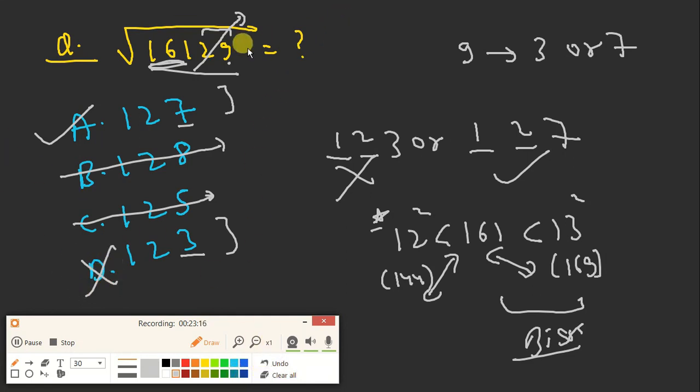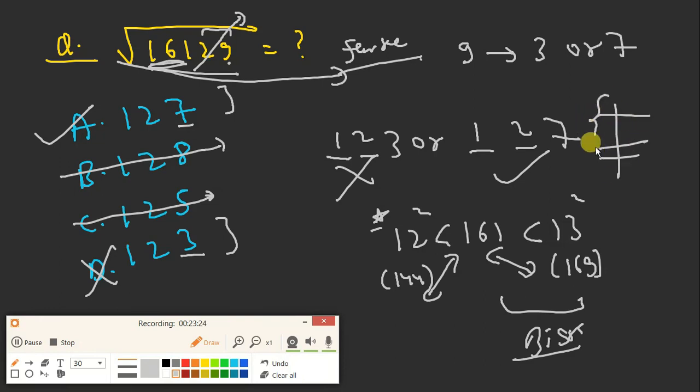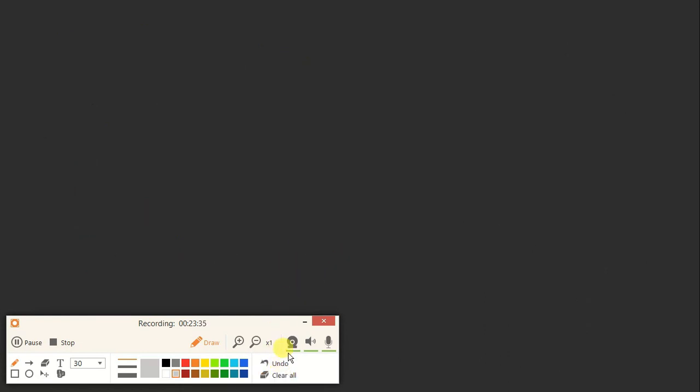Have you seen that such a bigger question we are able to solve in a few seconds? There is no need to factorize and write the common factors, then solve this square root question. No need. You just have to follow the 2 steps I told you. First, find the last digit, then find the initial digits with the help of this method.